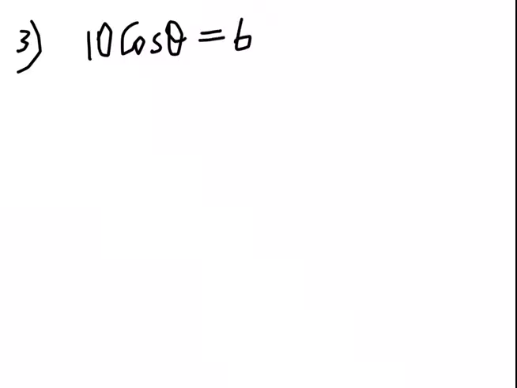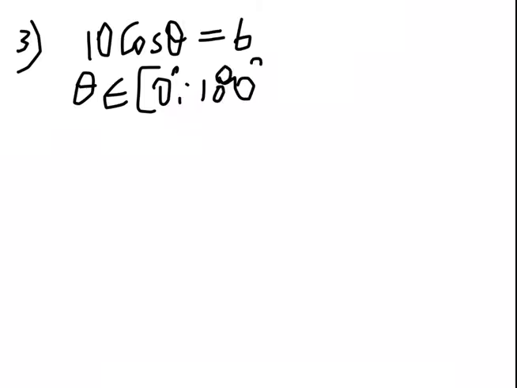Let's equate it to that, and let's say this is an element of 0 degrees and 180 degrees. Yes, and they want you to find sine of an angle that is being added to cos of